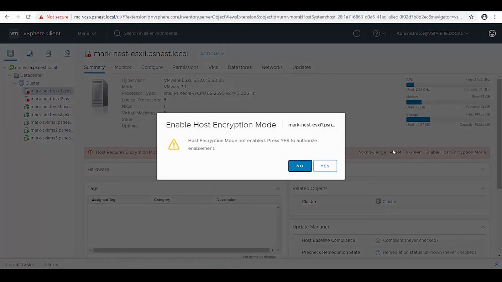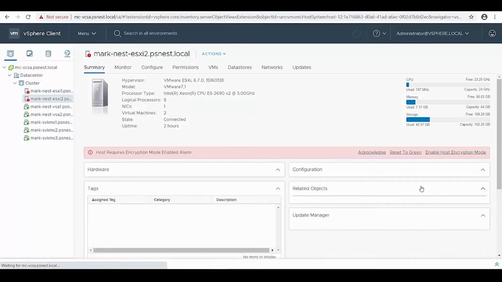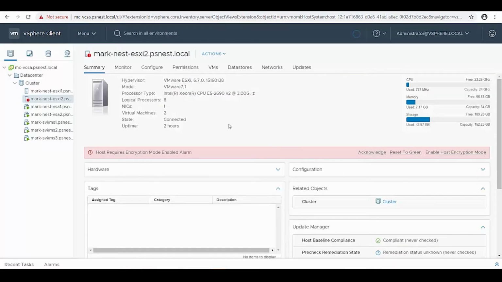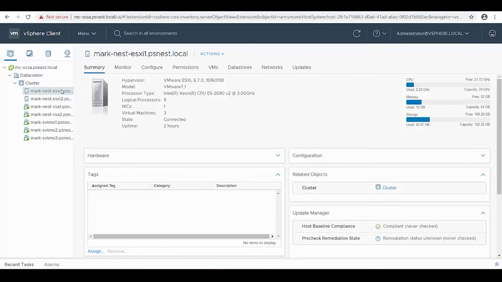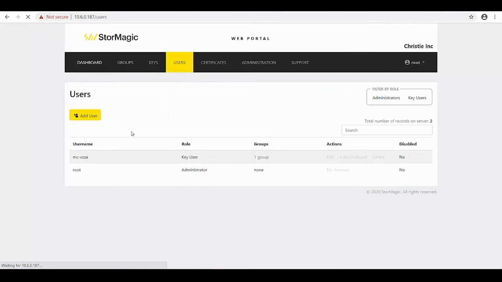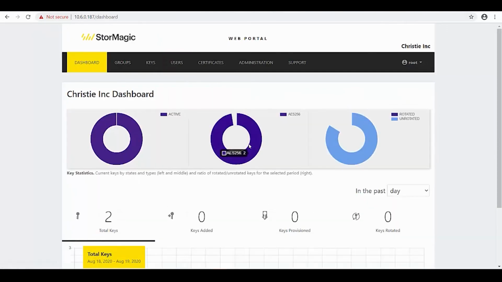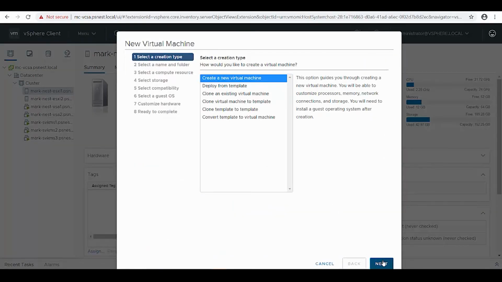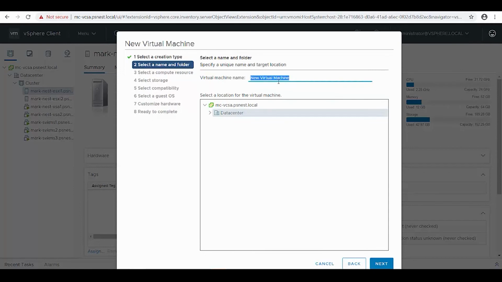So we can now come along and just confirm that we have our host encryption mode enabled within VMware. And we can come along and create a new virtual machine. Just looking here, if I come back to my dashboard, there we go, we can see different things going on here. And if we create a new virtual machine,